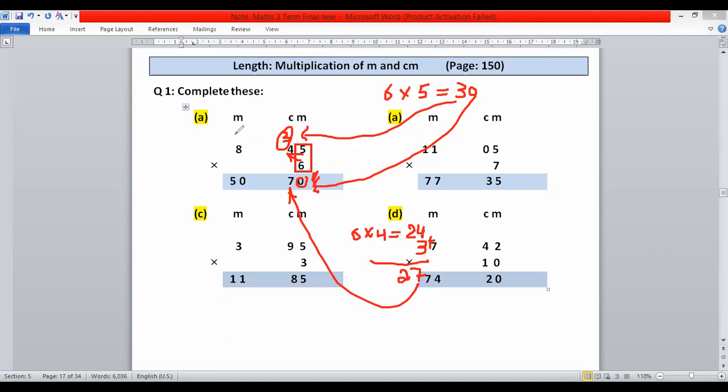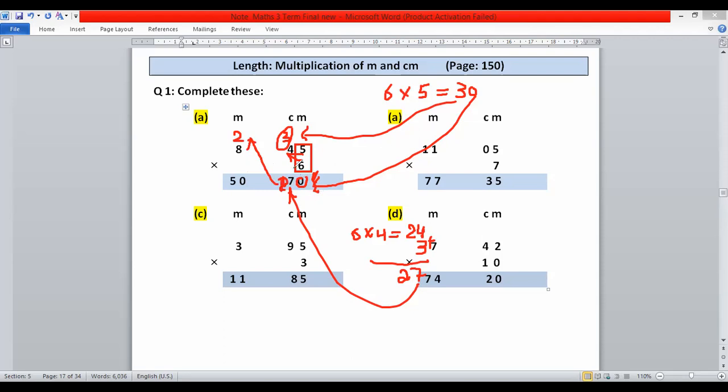We will convert centimeters into meters, because when we write 270, it means we have 2 meters and 70 centimeters. So we have to convert centimeters into meters. So we write 2 as a carry here. If you write 2 here, it means we have 270 centimeters. 270 centimeters means 200 centimeters plus 70 centimeters. Instead of 200 centimeters, we convert them into meters. So you have to take carry 2 here. No need to write 2 here.